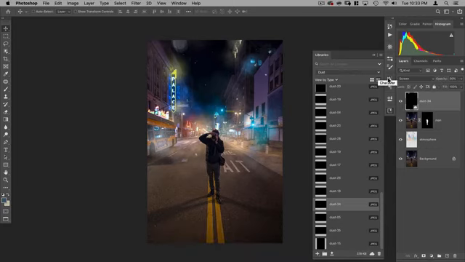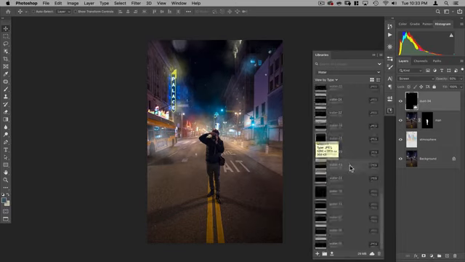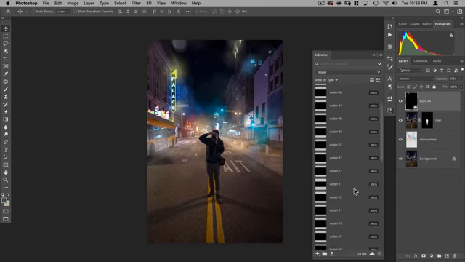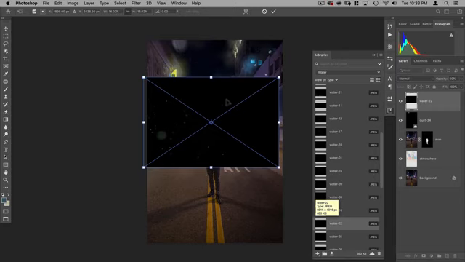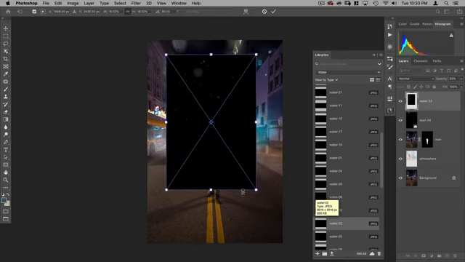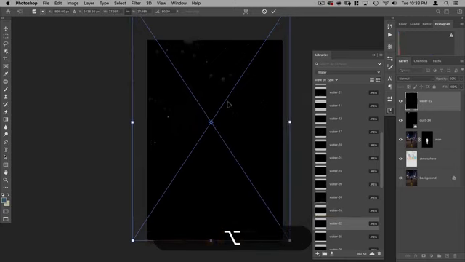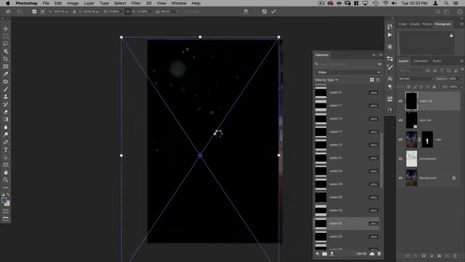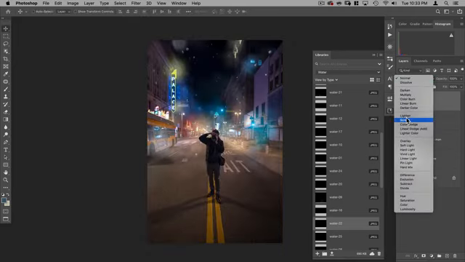All right, next I'm going to get a water. So we're going to go to water, and I'm going to get the one called Water 22. And that one is here. All right, so let's drag that in. I'm going to rotate this like this, and just make it the size of our image here like that. And let's put this on screen.